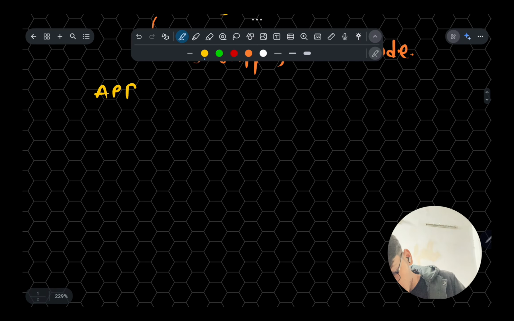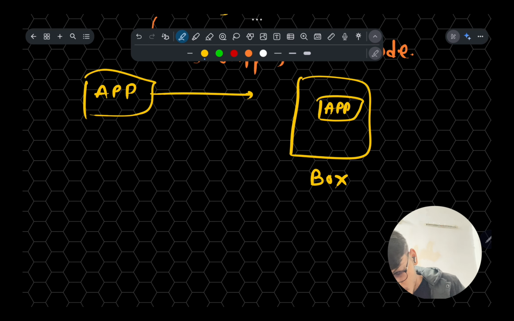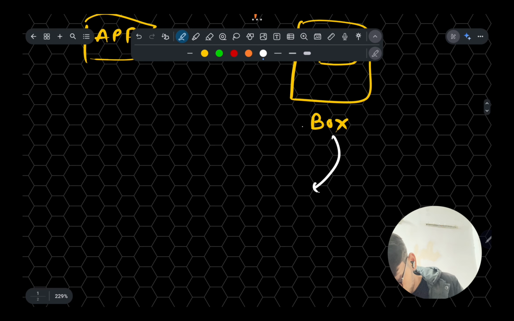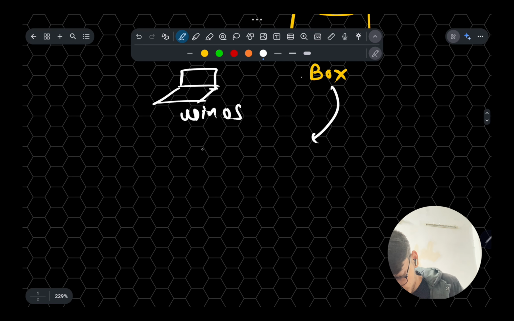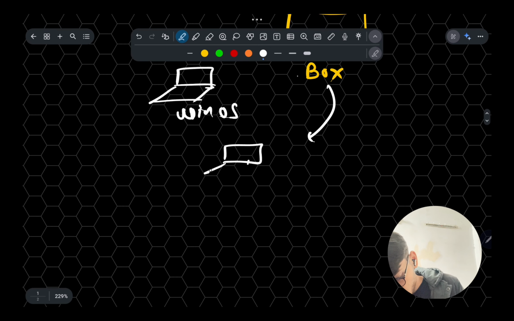You can pack this application in the box and provide this box to your friend's laptop, which is Windows OS, or Linux OS.